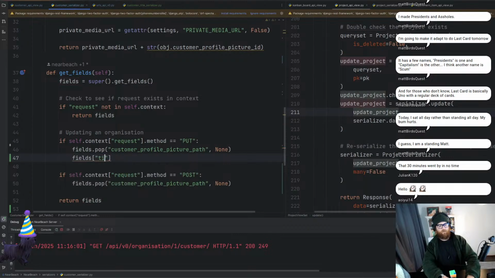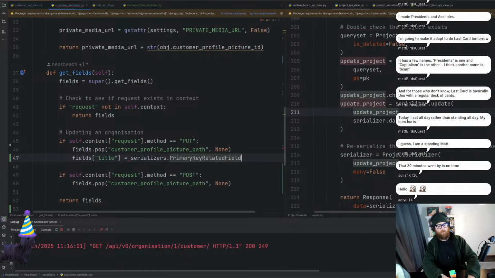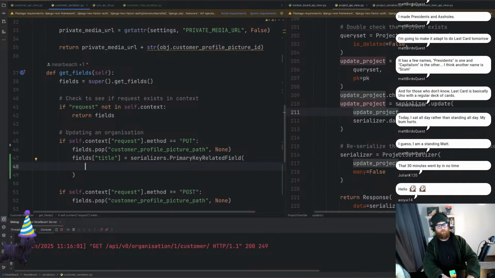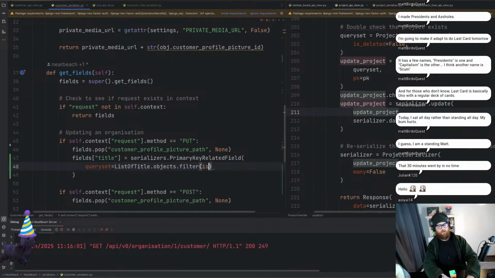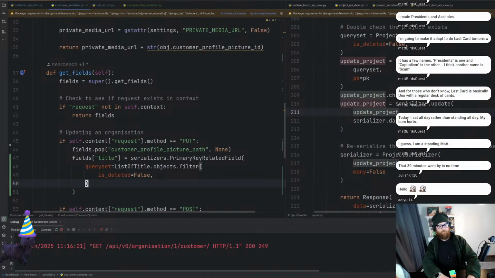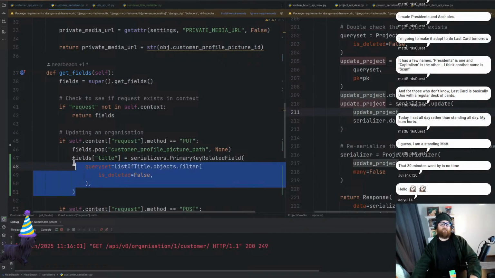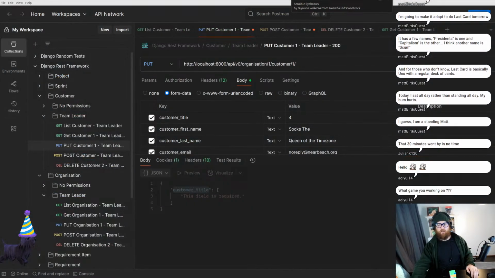And then we've got the field title equals serializers dot primary key related field, and then query set equals list of title dot objects dot filter is deleted equals false. All right, and so what's actually happening is it's like, all right, cool. It isn't part of that object anymore. It's part of this serializer, and it connects up that way. So if we hit send,